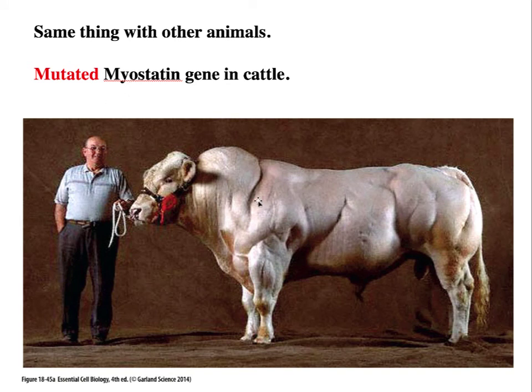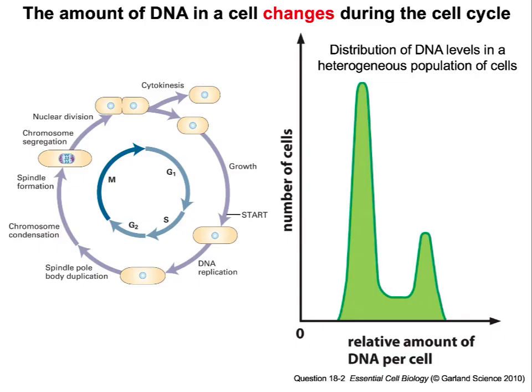And as the story says in the chapter, Belgian cattle were accidentally bred, and they happen to have a mutation in their myostatin gene. Finally, for those of you who have stayed with this video, here's a clue to what could be on the final exam. And I mentioned this in lecture, so people are not really missing out. So this graph here is very important.